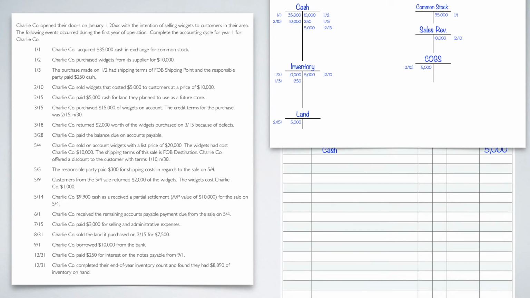First things first, is cash affected? Cash is not affected here because it says on account. So what are we expected to do with the cash? Well, eventually we're expected to pay it. So therefore it is an accounts payable. And if you remember, accounts payable is a minus plus, and so it would go on the credit side. So we would say March 15th, accounts payable of $15,000. All right, that takes care of that.